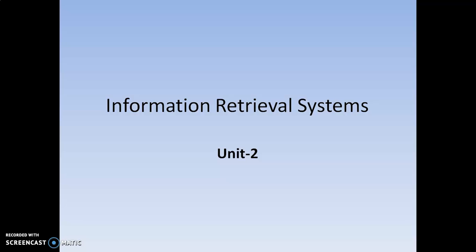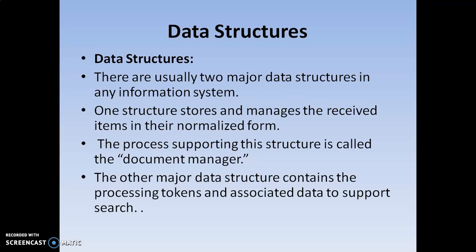Here I am going to give clear information regarding the contents of unit 2. First, we are going to describe the data structures. Information retrieval systems use two different data structures. These data structures are used to provide an efficient way of searching, so the user can easily search the item whatever he wants, and they help map the data items in the document. The search becomes very easy by using these data structures.